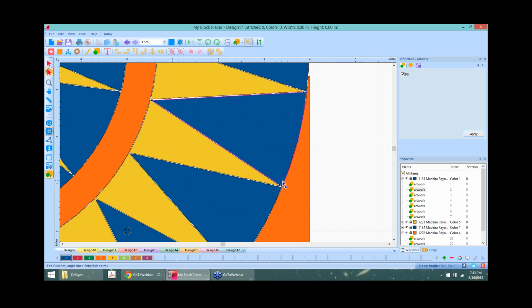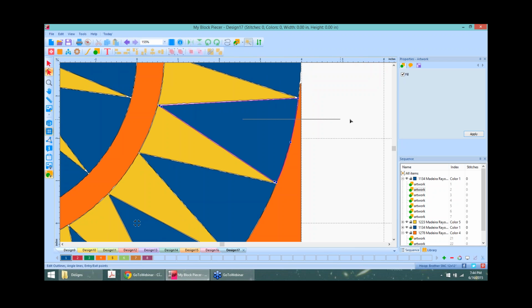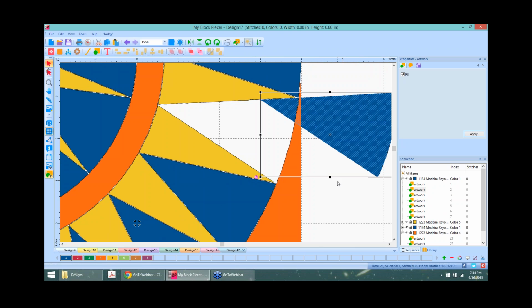And I don't know the real names for them. We'll find out and let you know in a later webinar. Suffice to say, it gives you control over what you're doing. And now, whoops, I don't want to undo that one. I want to get rid of this one. Delete. Okay. So now you can see I have a much nicer shaped, go back to my select tool,